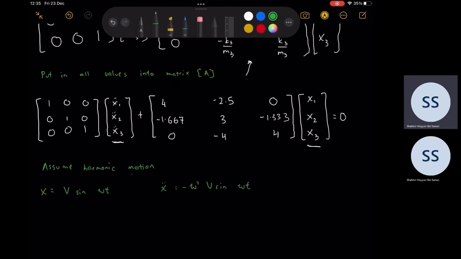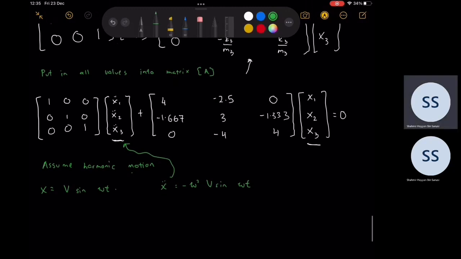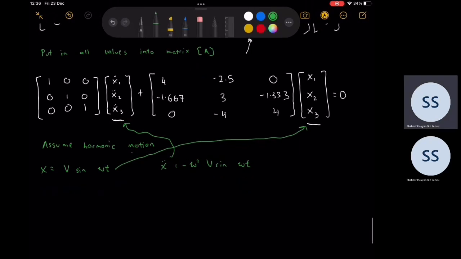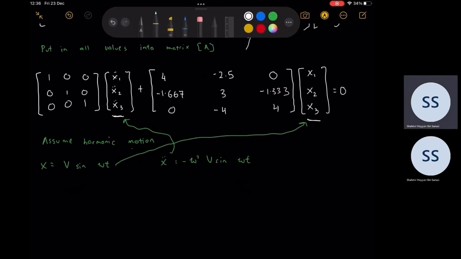So we replace it in here, and this one we replace it in here. In the end, once we assume harmonic motion and take out the omega squared,